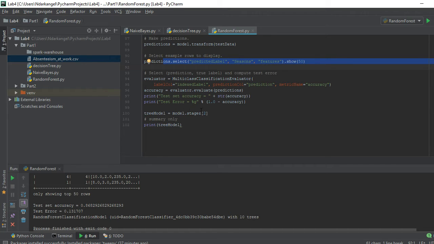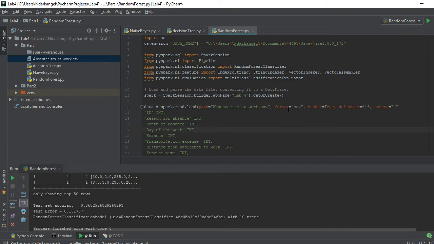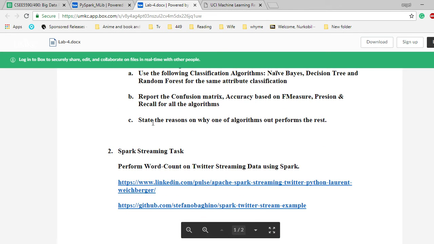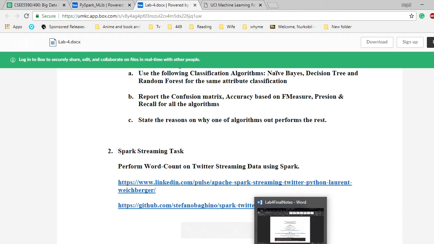This was the best result from it, and with this it created 10 trees. Everything like that should have worked out. And then when we go back, you can see the stated reason on why one algorithm performed better than the rest. The best one was, you can see